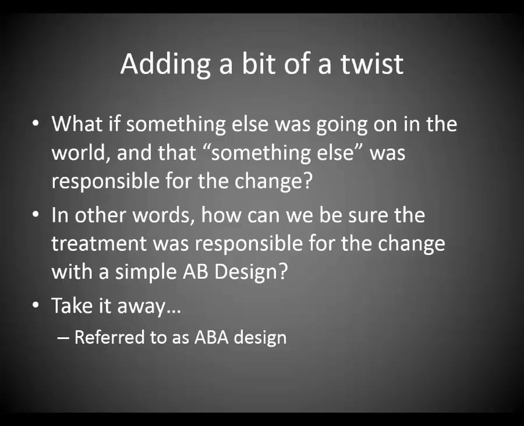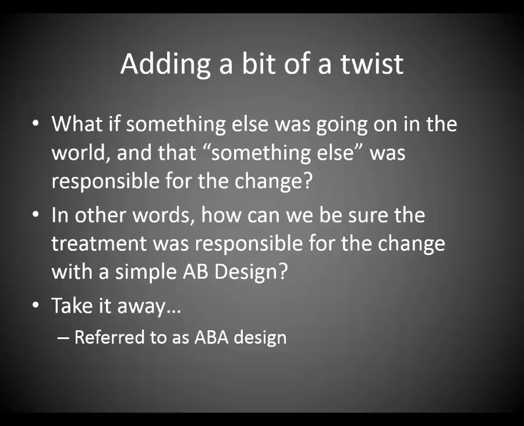In other words, how can we really be sure that it was the treatment that was responsible for the change that we saw in the A-B design? How do we know if it really was a support group that was having such an impact on the number of doses that our client was taking on time